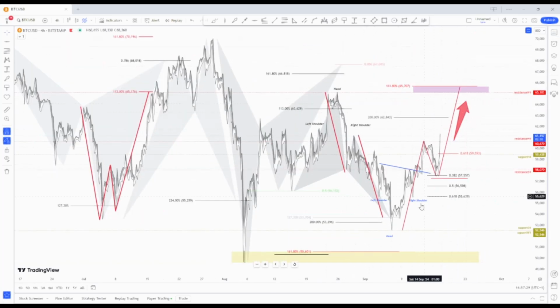The Bitcoin head and shoulders pattern triggered before, we discussed this pattern before. New support, actually the 38% Fibonacci level, as you can see here, 57,557, 38% Fibonacci acting as a level of support for Bitcoin. This is also the neckline for the head and shoulders, or the inverted head and shoulders. That pattern points to